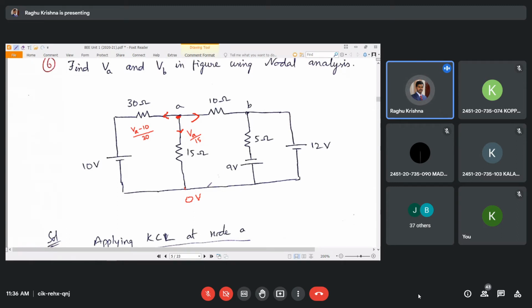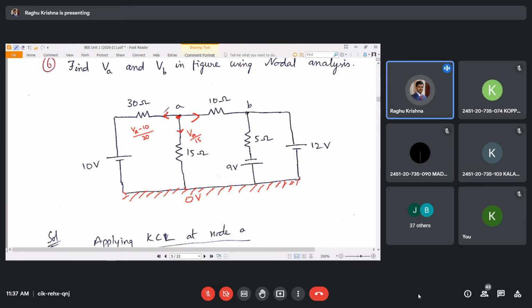So here this is the reference node, which is equal to 0 volts. All these are connected. This forms a reference node, right? The voltage source is meeting at this node, the resistor, and this voltage source is also meeting at this node. So this is a reference node. Sometimes it can be drawn like this also. Entire thing is 0 volts.